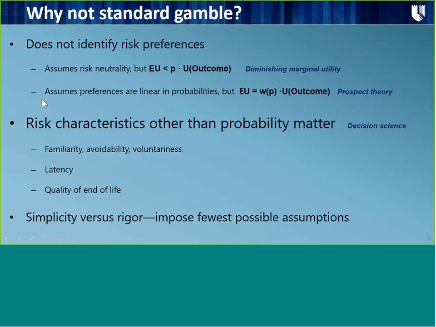So why not use standard gamble? Well, it is widely used. The problem about using standard gamble as a means of assessing risk preferences for regulatory assessments is that it doesn't identify risk preferences. It assumes risk neutrality, that multiplying P times the utility of perfect health plus 1 minus P times the utility of death